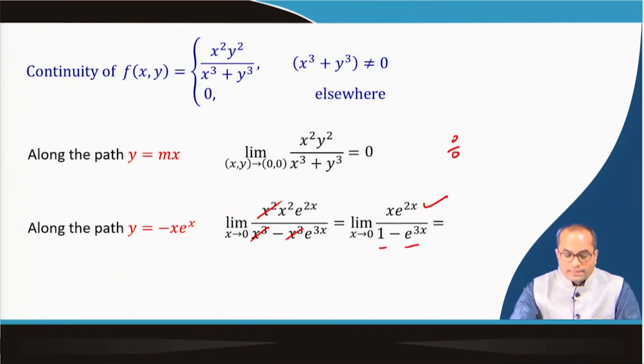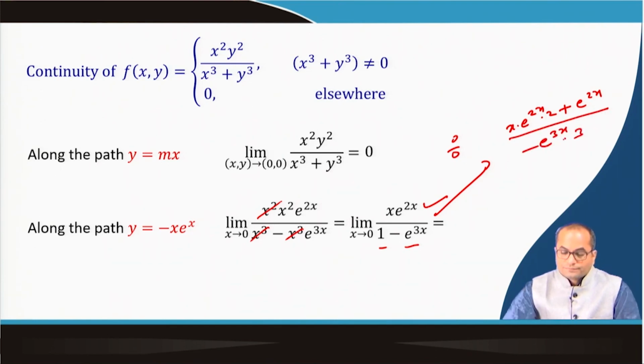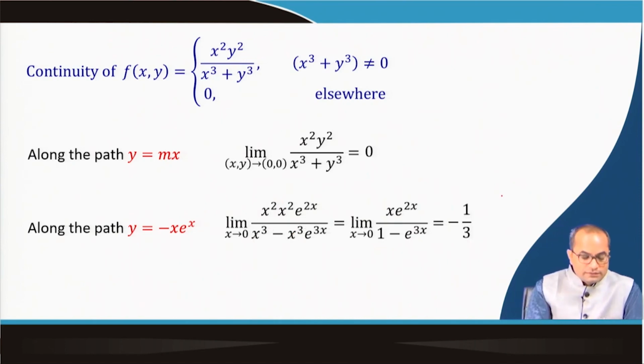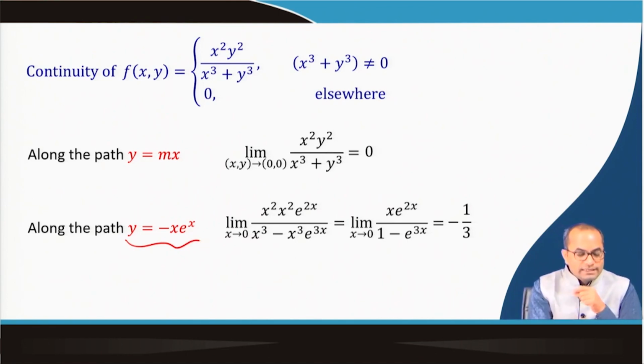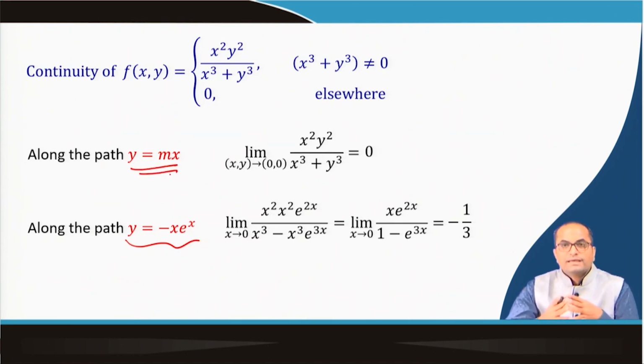So, we can apply L'Hopital's rule in this case. This is x and e power 2x into 2 plus e power 2x, divided by e power 3x with a minus sign and into 3. Now, when we pass to the limit, x goes to 0, this is going to 1, this is 0, so we get minus 1 by 3. So, the limit of this function along this path is minus 1 by 3, whereas along these straight lines,